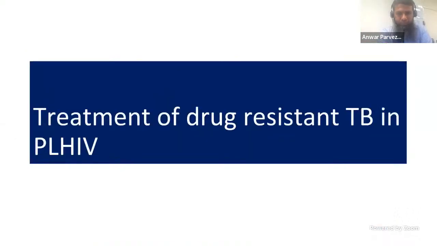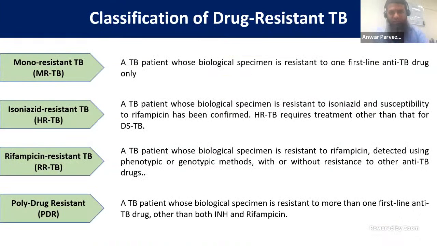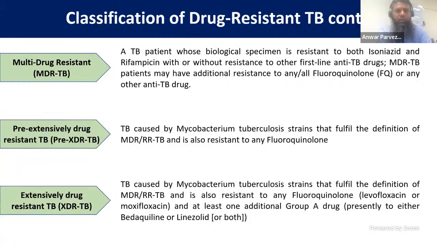faculty. Now coming to drug-resistant TB, which I briefly mentioned in the beginning. Mono drug resistance means having resistance to one anti-TB drug. Isoniazid drug resistance is resistance to INH. Rifampicin resistance obviously means resistance to rifampicin. And polydrug resistance means resistance to more than one anti-TB drug other than both INH and rifampicin, because I said if there is resistance to INH and rifampicin, it is called multi-drug resistance, with or without resistance to any other